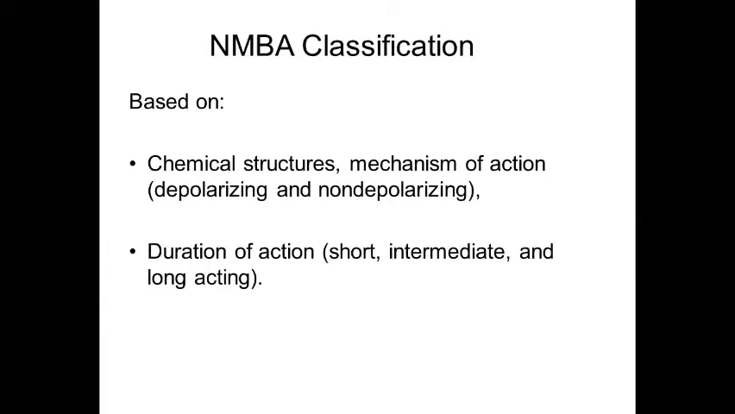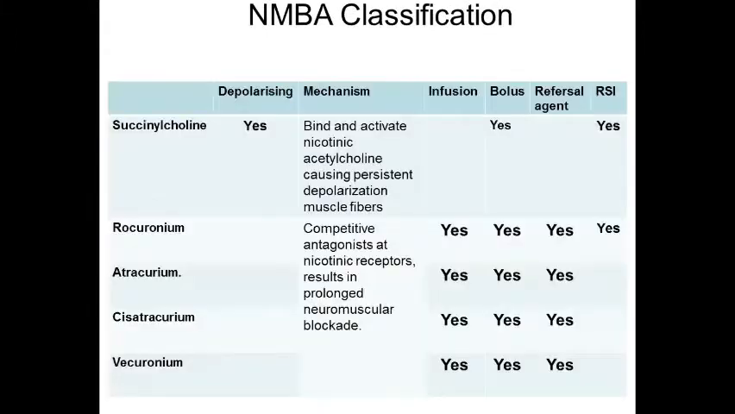Classification. So neuromuscular blocking agents could be classified according to the chemical structure of the drug, or according to the duration of action of the drug. That's the main type of classifications. If you look at this table, do you see the table? Yeah, live. Great. So if you look at this table,